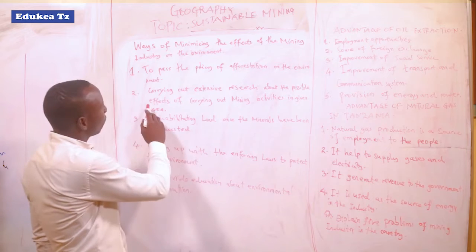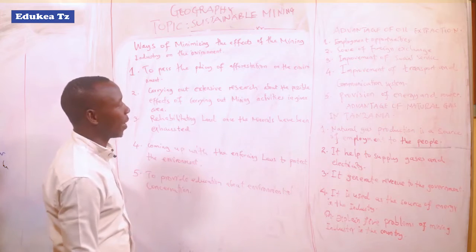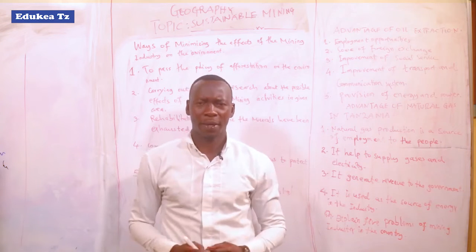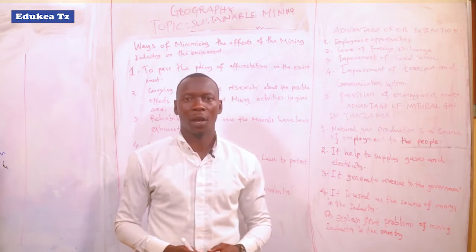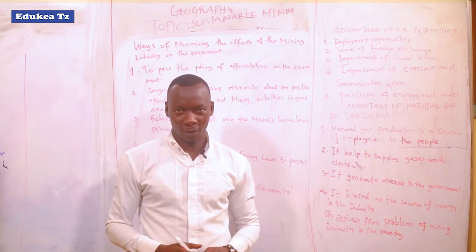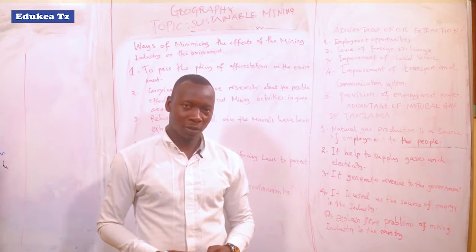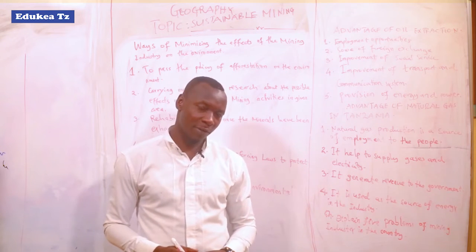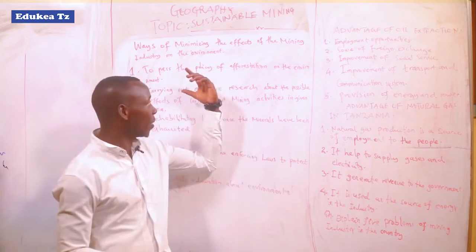The second is carrying out extensive research about the possible effect of carrying out mining activities in a given area. Through making research on the area where the economic activity of mining is taking place, we'll come up with an investigation of what should be done on the environment so that we can reduce the problems of mining, for example, the spread of diseases. Also, mining activities may lead to soil erosion. So through making this research,